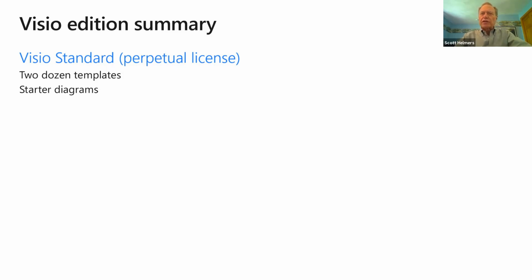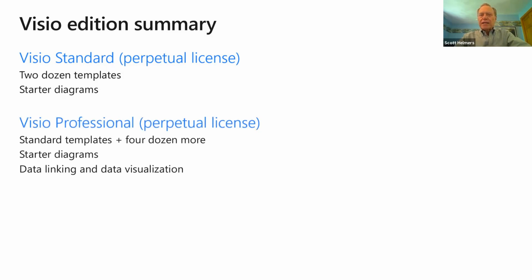You can do flowcharts and org charts and floor plans and many of the kinds of diagrams that many of us have created over the years. You get some sample diagrams and templates, but you don't get as many as if you have the professional edition. So professional has everything that standard does, plus it also has another